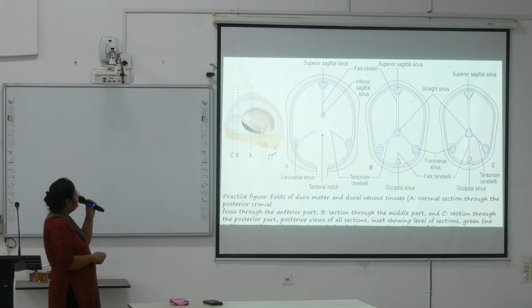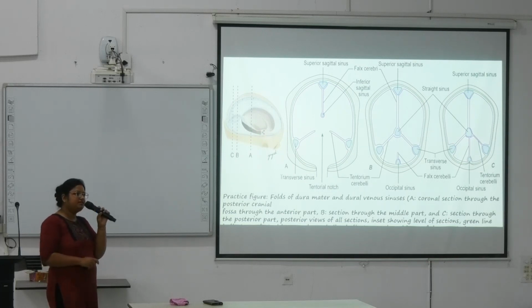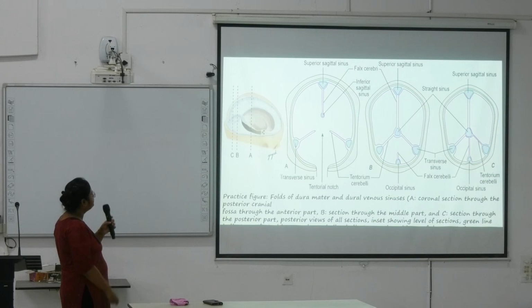Okay, and along the margin of the tentorium cerebelli, here lie the transverse sinuses, and here along the margin of the petrous temporal lie the petrosal sinuses. On the two sides of the body of the sphenoid lie the cavernous sinuses. Okay, all these sinuses are important. Next,